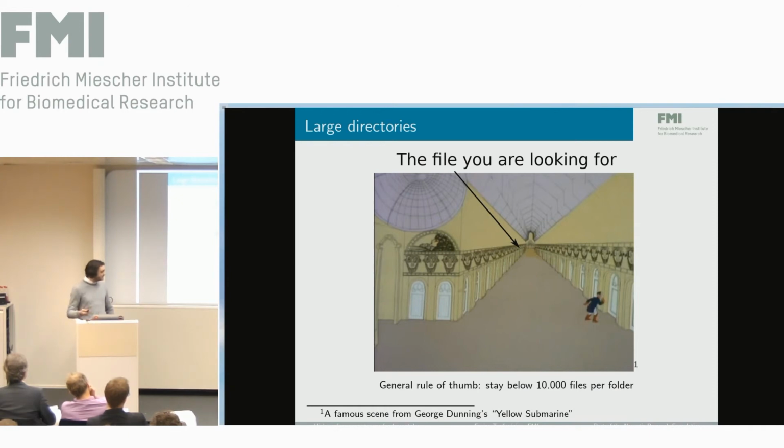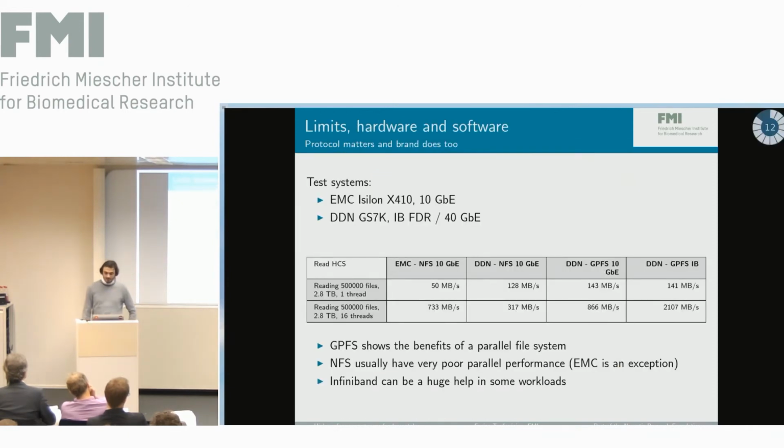So speaking of limits of the system, knowing your limits is, as I said earlier, very, very important. And I want to show you why with a comparison of these two POC systems that we had when we had to choose which storage to purchase. So the two systems are, one is an EMC Isilon and one is the DDN GS7K. And